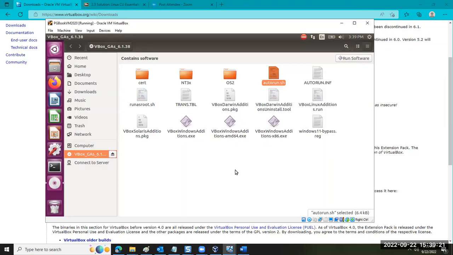And once you run this script, it's going to update the hardware components for your virtual machine. So if you select this autorun.sh and then you click run software,